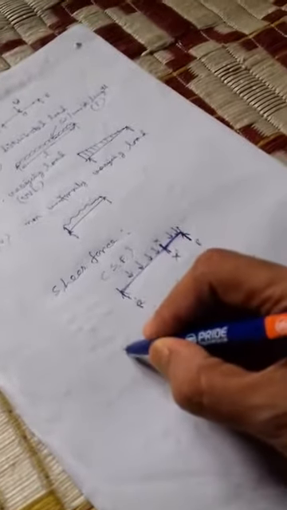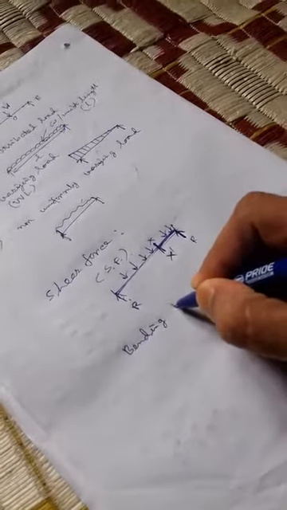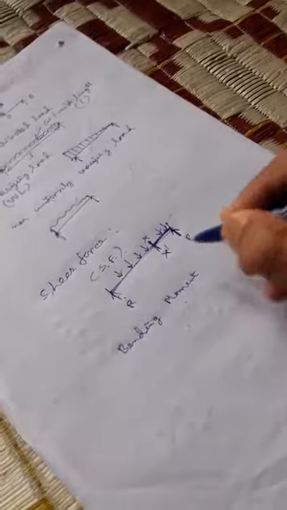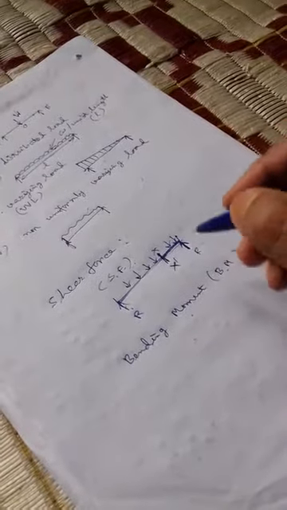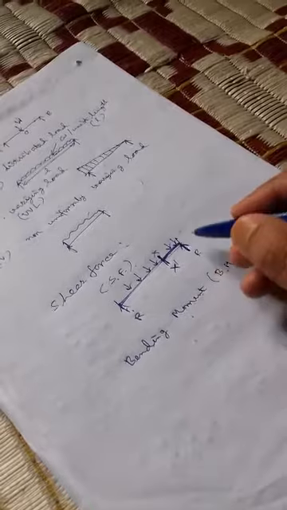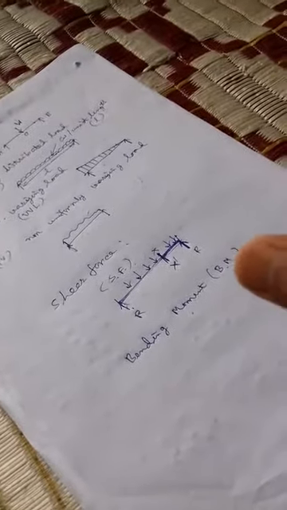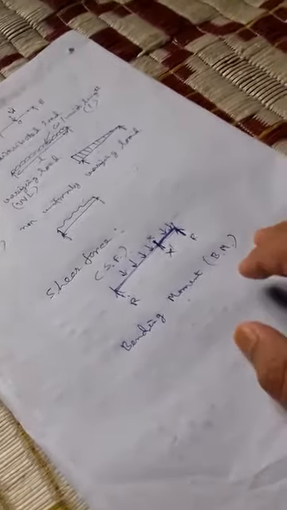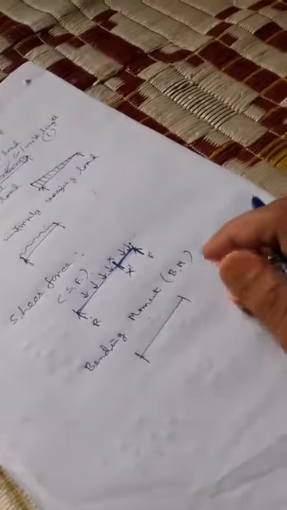Now, next, I am going to bending moment. Bending moment, short form is BM. I have discussed that shear force is the unbalanced vertical forces. Bending moment is similarly taken at the cross section of a beam. So bending moment at the cross section of a beam is defined as the algebraic sum of the moments of all the forces to the right or left of the cross section.